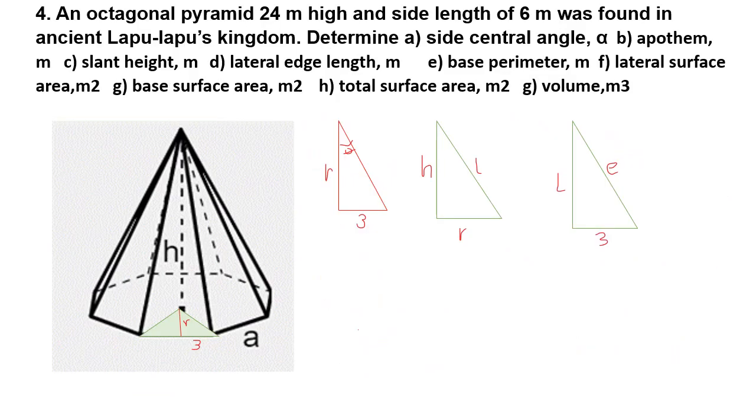Number 4, octagonal pyramid. Octagon means 8 sides, so this one is an octagonal, 8-sided pyramid. This one is 3, so 1/2, so 6 meters each side, 24 meters high. So find the following. Your solution is: